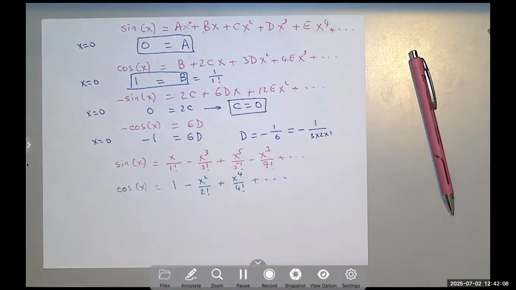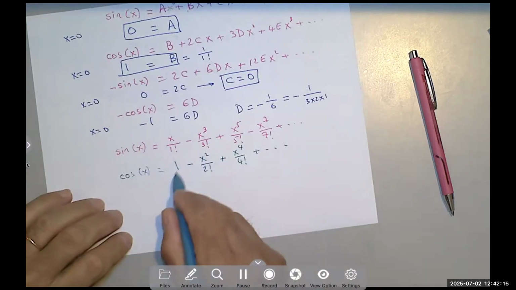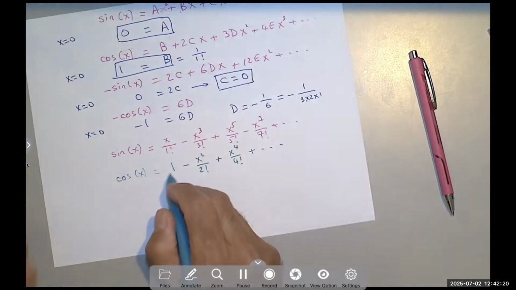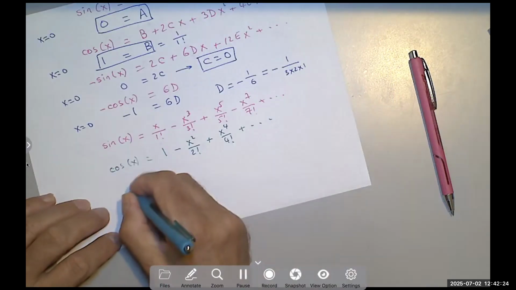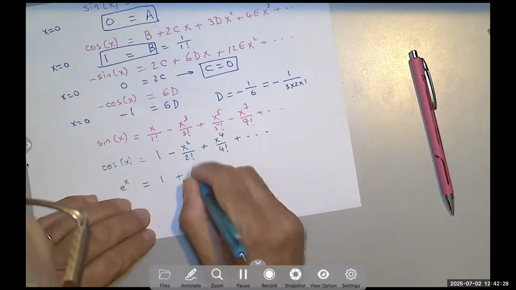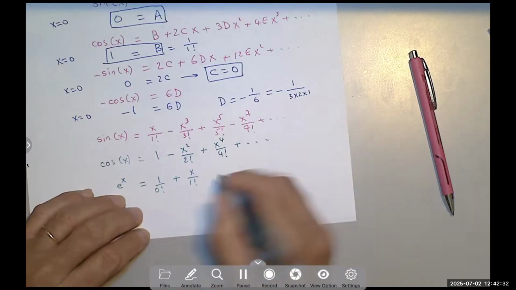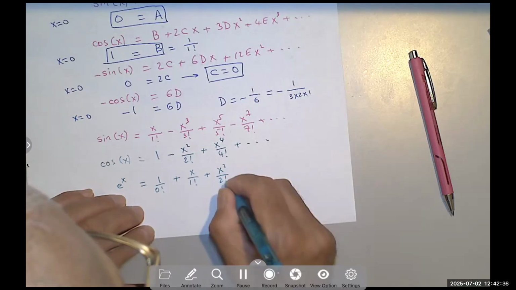And now I'm going to show you something interesting. We've developed e to the x. I'm going to rewrite it. Notice that this can be written x to the 0 over 0 factorial, right? So e to the x that we just did is 1 plus x. We can say over 0 factorial or not. It doesn't really matter, the first two you can simply write as 1 plus x. But just to show the pattern,